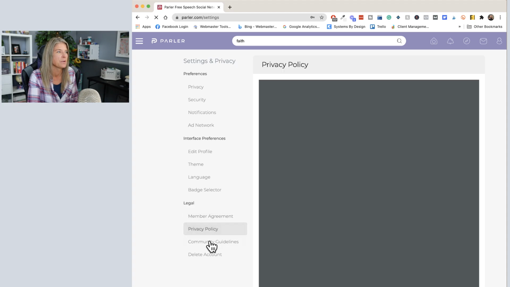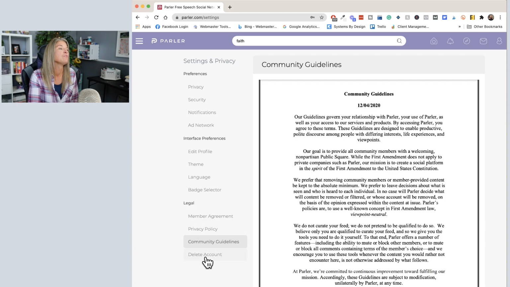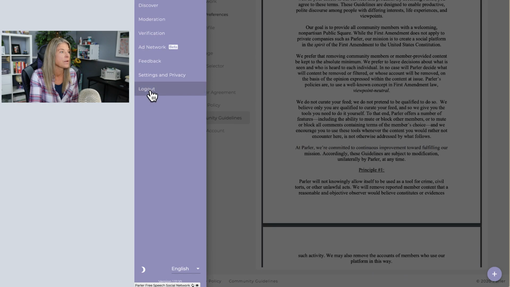Remember I told you that these were easily accessible. And then if you do want to delete your account, this is where you would delete your account. Okay. So finally, this is where you can log out. And then down here to the